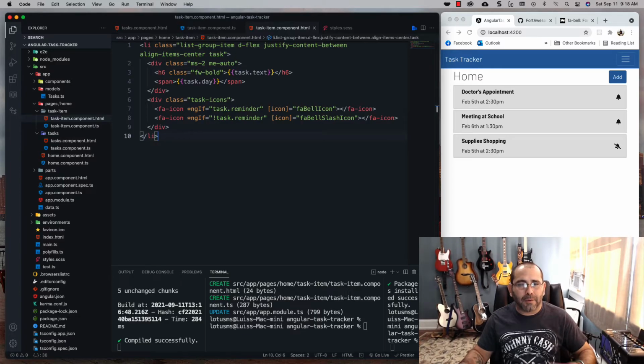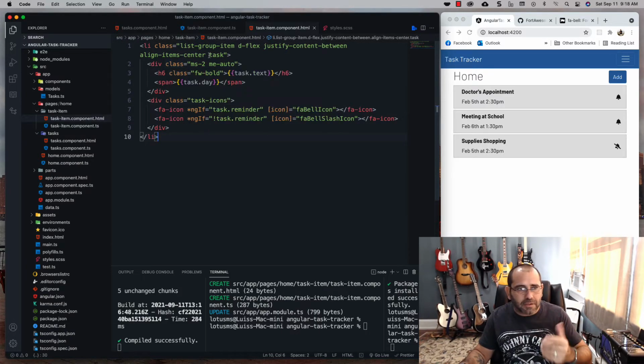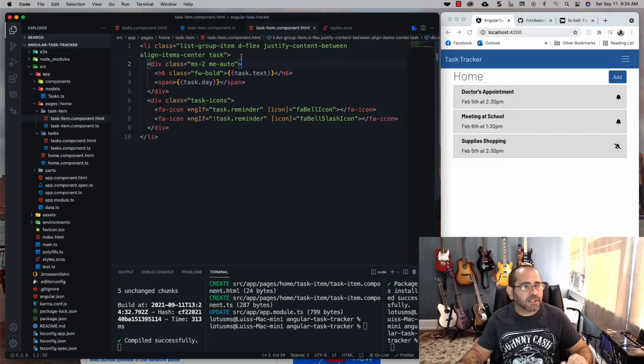All right. So now, if we did something else different in the React component, I believe we had a reminder class attached to the top, to the left side here, where it had a green border. All right, so how we're going to do this is we're going to add a conditional class to our main element here, so we can add the border on the left side. Now in React and other languages, you can do some conditional statements within the class using some expressions